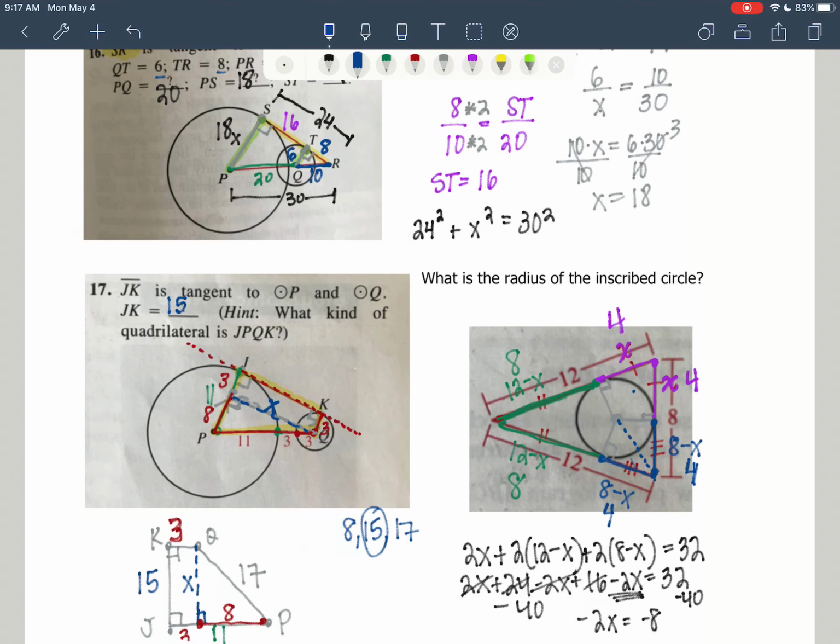So here we are, and I'm wondering if you figured it out. So we've got lots of right triangles going on here, but what's interesting is that we've got our inscribed circle, and because it's inscribed in a triangle, that's going to make each one of these angles